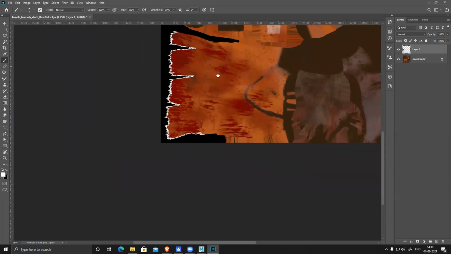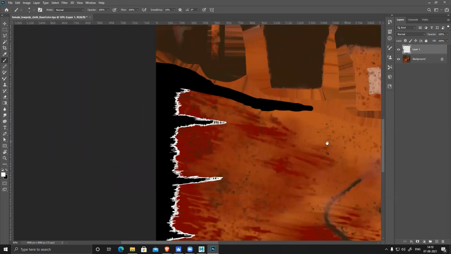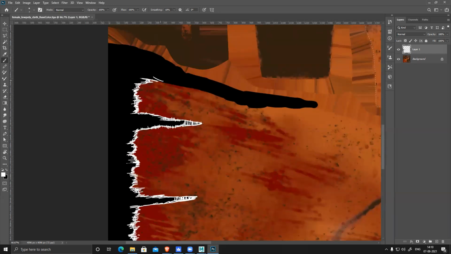Just create this basic selection for this side also. One more layer and fill it white.